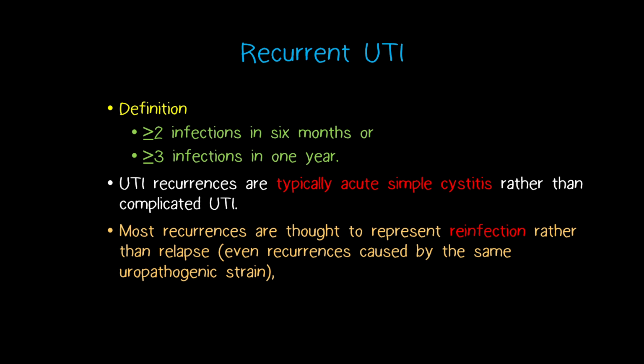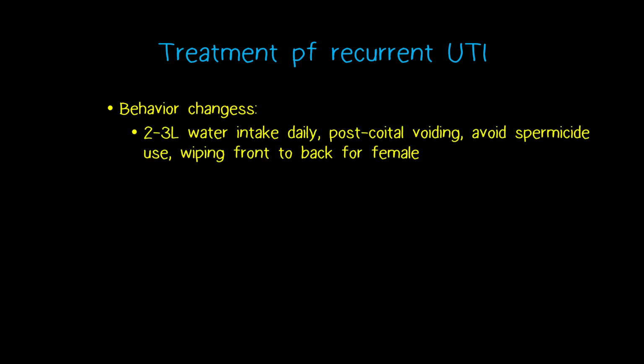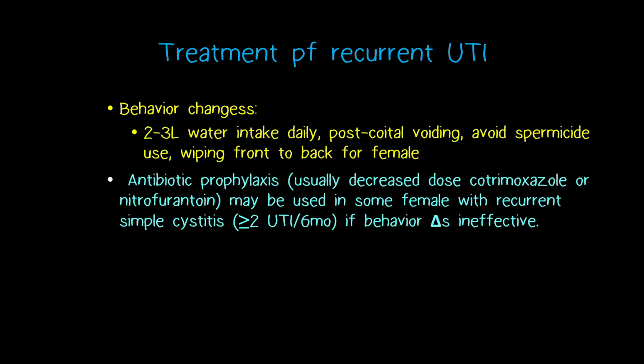And the treatment is some behavioral change like drinking adequate water and postcoital urination or voiding and avoiding spermicide use and wiping from front to back for females especially. And antibiotic prophylaxis, usually with a lower dose,